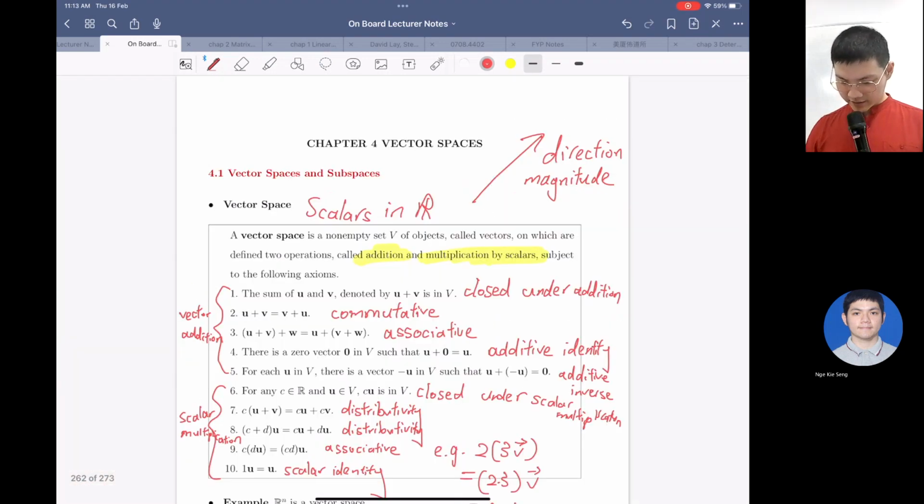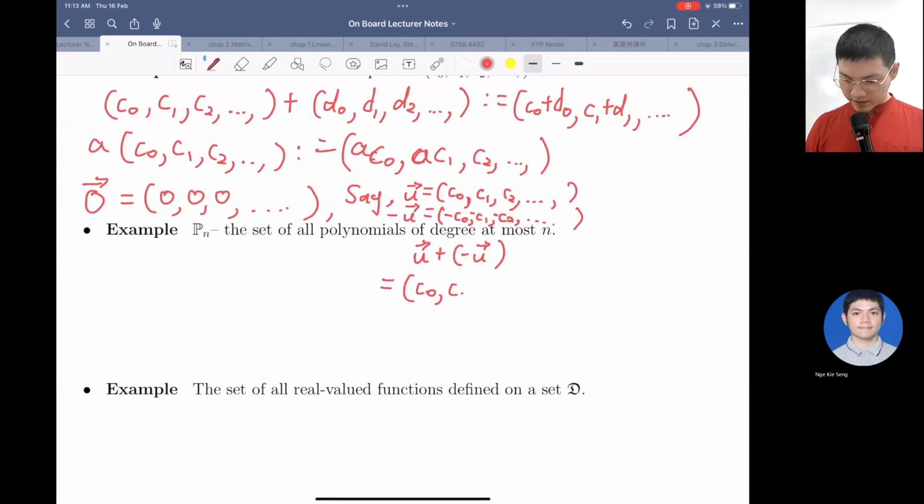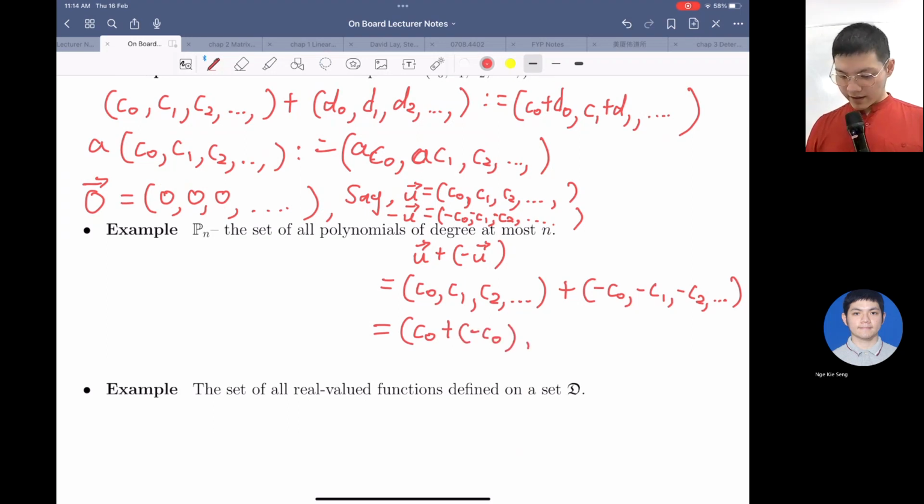Let's see, is this how it's written? Yes, that's right. So u plus minus u is c0, c1, c2, dot dot dot, plus minus c0, minus c1, minus c2, dot dot dot. Okay, so how do we define the addition? We just add component by component, which is c0 plus minus c0, and then c1 plus minus c1, and so on. Okay, so what's this? This is actually 0, 0, 0, and so on, because